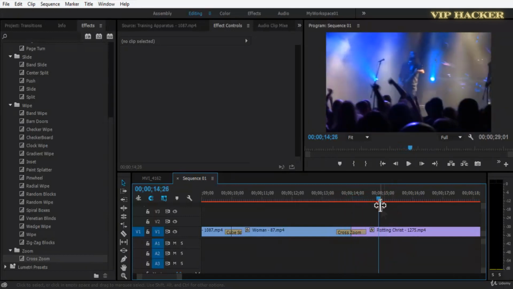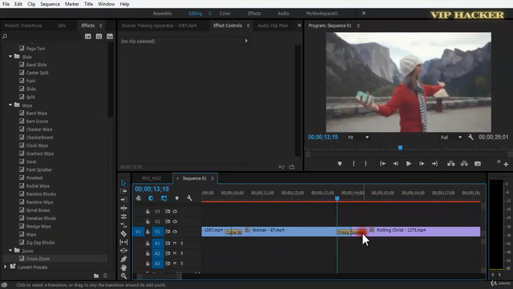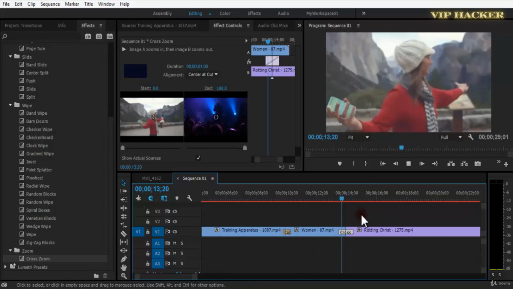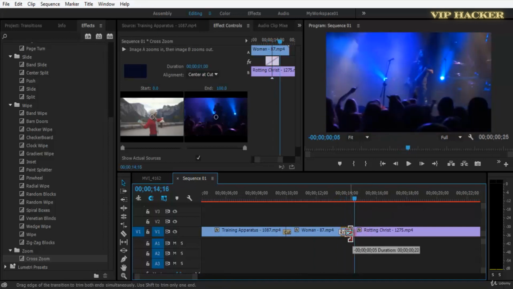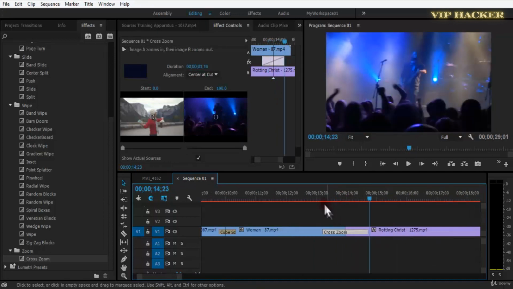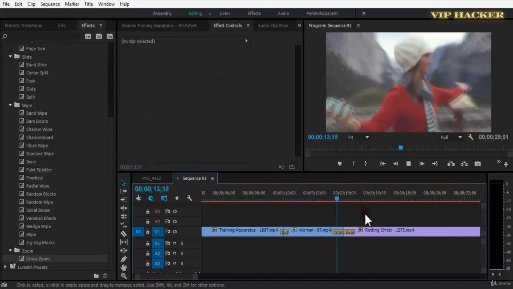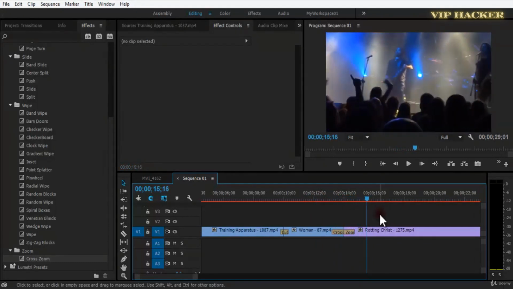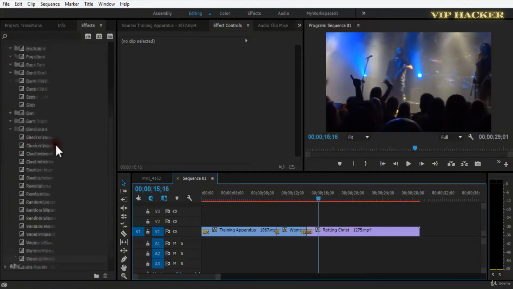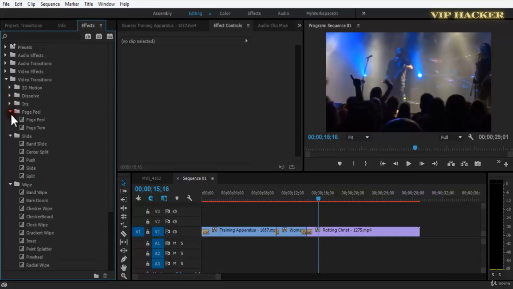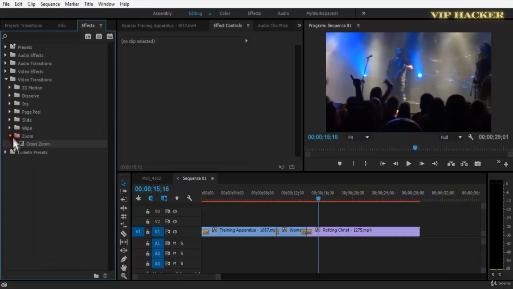And so this transition is also used, and you can use this cross zoom, and you can make sure that it doesn't look jerky and it is going with your scene and with your edit. So these were all the set of transitions which Premiere provides us and which you can use